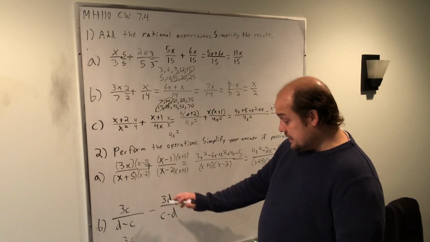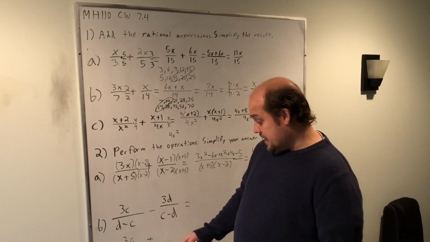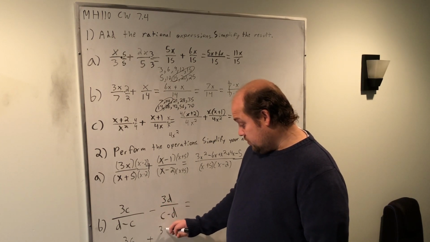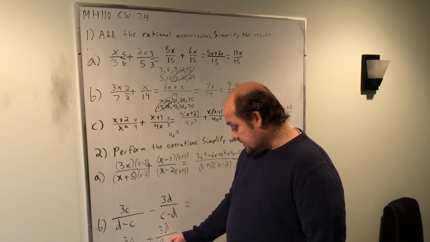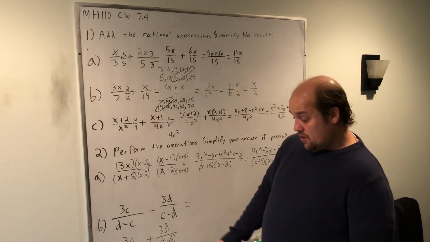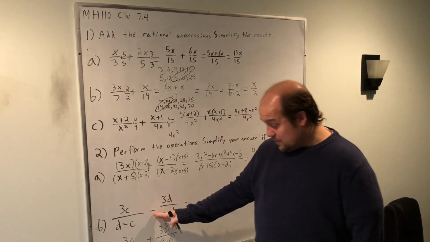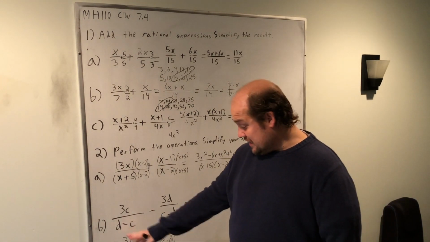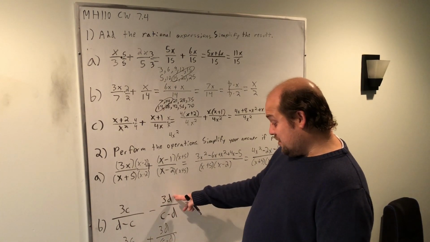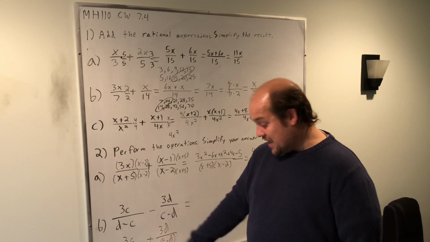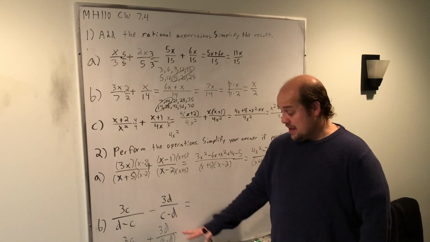I can then see this second equation as plus and apply that negative to the bottom. So plus 3d over, applying that negative to the bottom, negative c minus d. So somewhat tricky how I got there. There's a lot of different ways to see it. You don't have to mess with this negative sign if you don't want. You can just change this to c minus d, multiply this by negative 1 over negative 1. All that's going to do is make that a positive 3d, make this bottom have that negative on the outside. So there's other ways to get there if it's confusing how I got there,